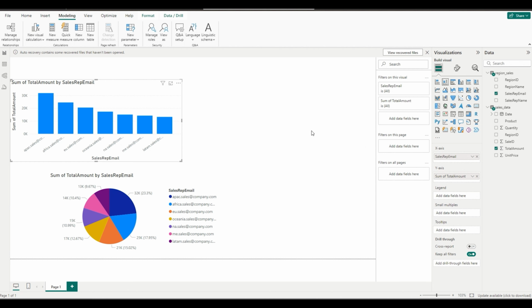Row-Level Security, or RLS, is a powerful security feature in Power BI that lets you control data access at the row level. Think of it this way: regional managers seeing only their region's sales data, sales representatives accessing only their customer information, branch managers viewing only their branch performance. Why is this important? Because it ensures data privacy, helps comply with regulations like GDPR, and provides a cleaner, more focused